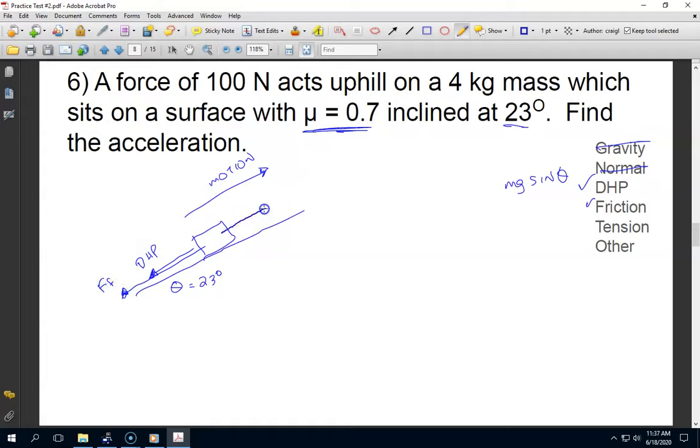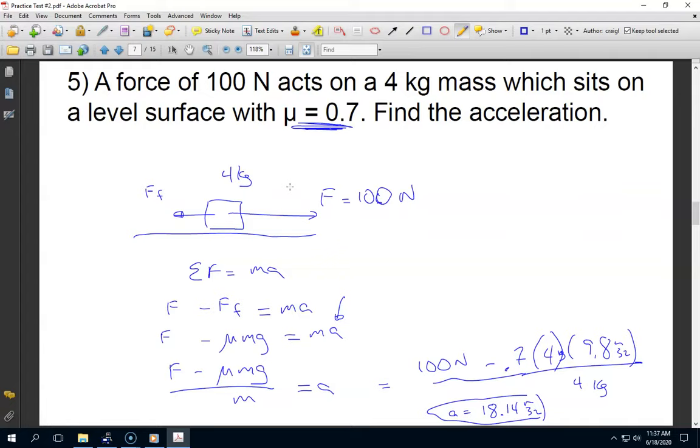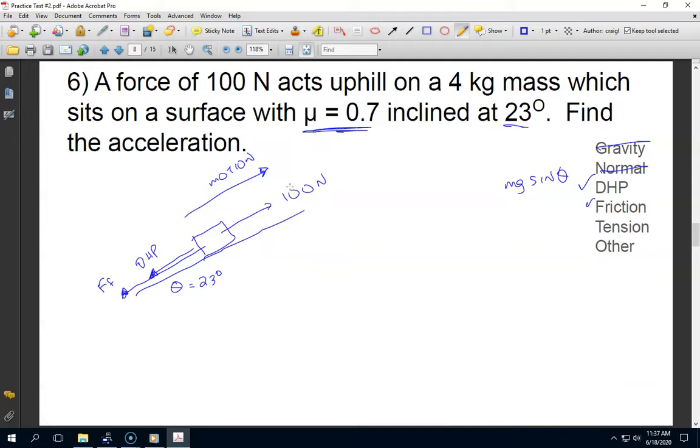And of course, I've got the 100 newtons pulling uphill. All right. So this is a lot like the last one that had the force and the friction, except now I've also got a downhill pull, and I've got to put that in there. So you're just going through this list over here and making sure you get everything. Is there a tension? Any string? I don't see any string. Anybody pulling on it? Yeah, actually, that 100 newtons is supplied by somebody outside of the problem. So I've got those 3 forces resulting in 3 arrows, and I want to sum those 3 forces,